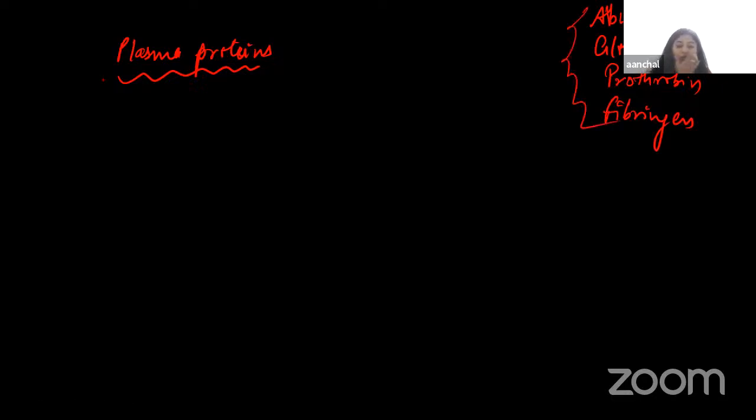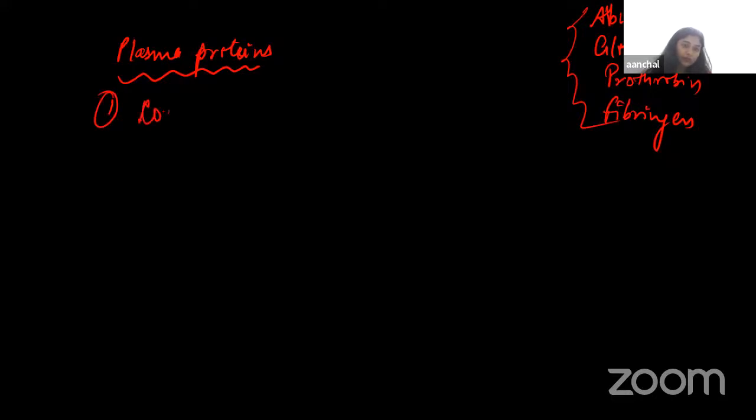First was albumin, then we have globulin, then prothrombin, and fibrinogen. So one by one, we're going to discuss the functions of all these plasma proteins. Okay, so first we have